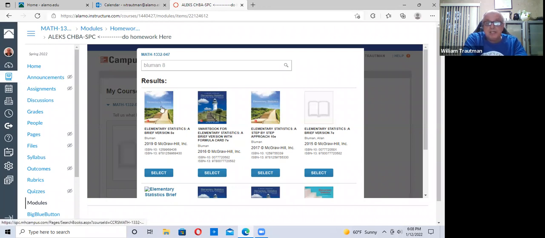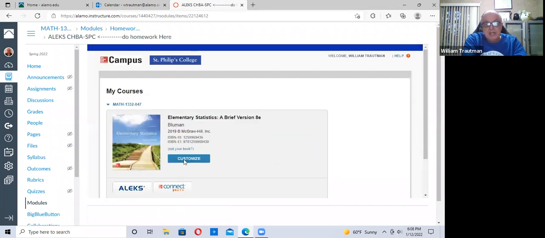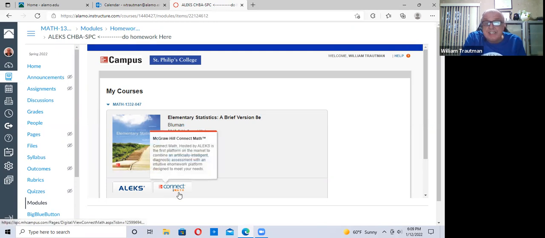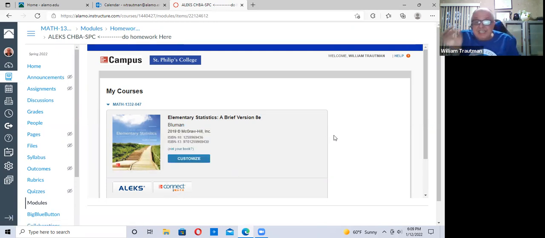And don't click on the book like I did earlier. It didn't work. You have to hit select right below the book. So I'm going to hit select, and the book is there. Now, this is a weird part. It says down below the book, it says Alex and Connect. We're using Connect. So we have to emphasize to the students when they log in, they have to click on Connect. Now, I've never clicked on Alex to see what it does, but it's a different link. We're clicking on connect. So once we have our book,